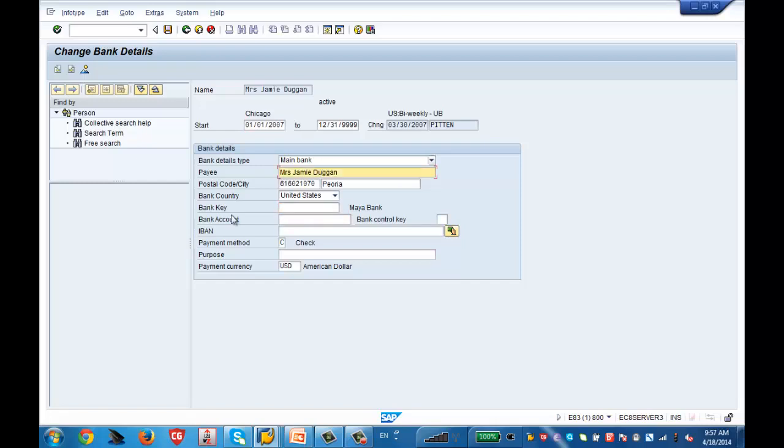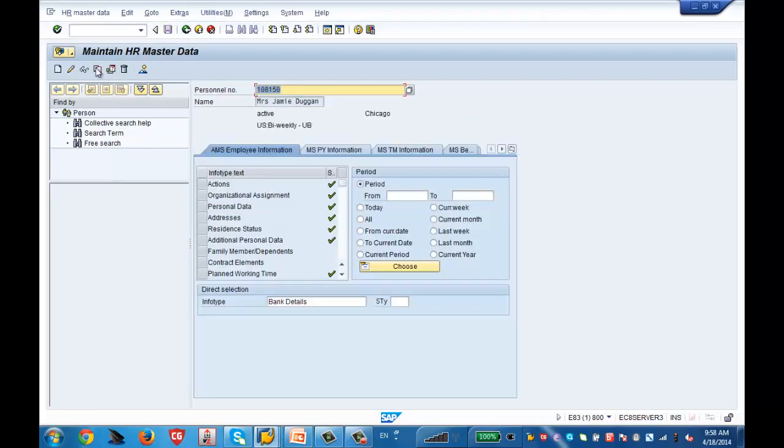So this is a change, because whenever there is a change, the user will go and click on this small pencil icon, which is the change one. But if you are creating for the first time, then you will click on this icon. So remember, every icon has a name, so you just have to place your cursor and you will know what the purpose is. Like I just placed the cursor here, and it showed me that it is display,